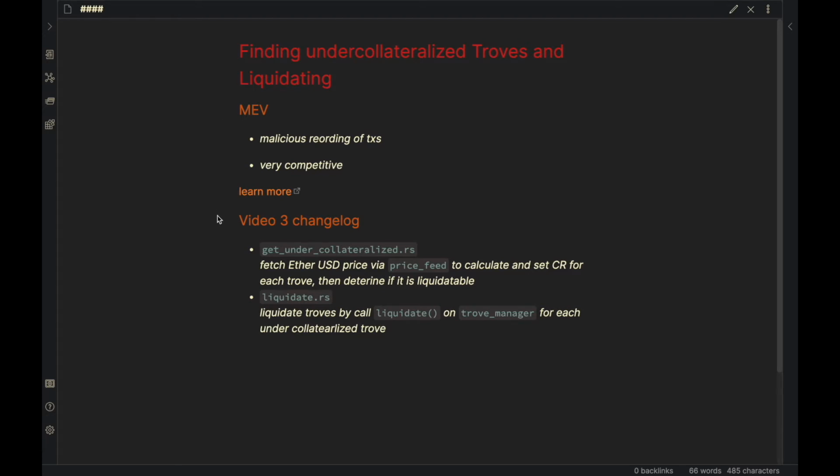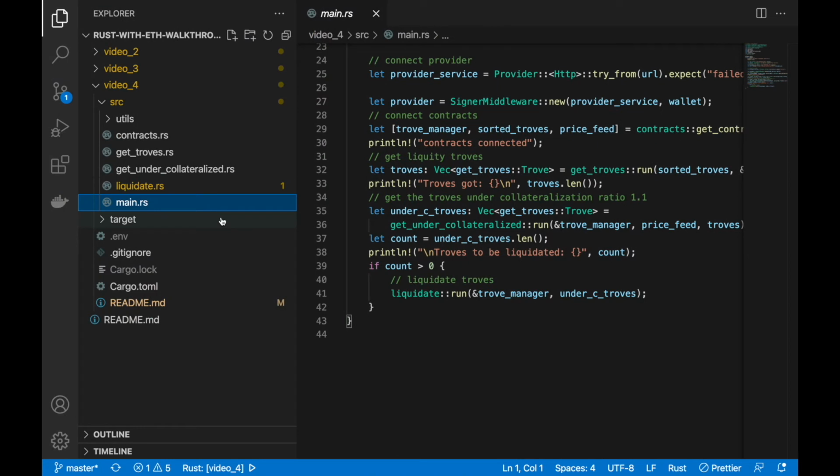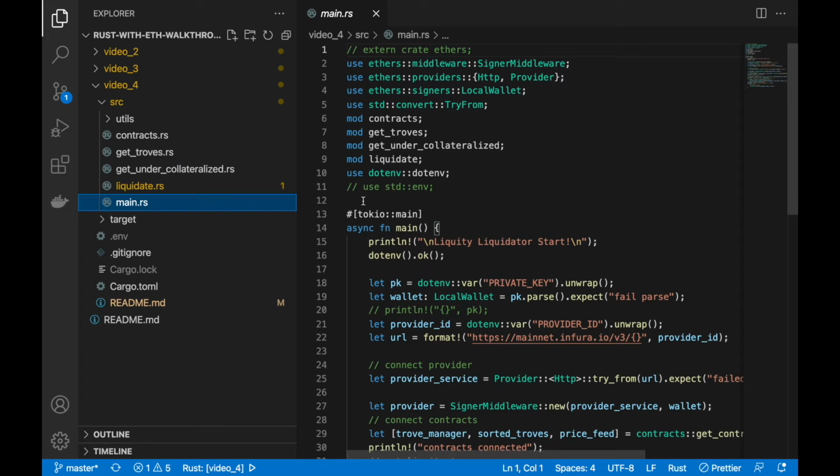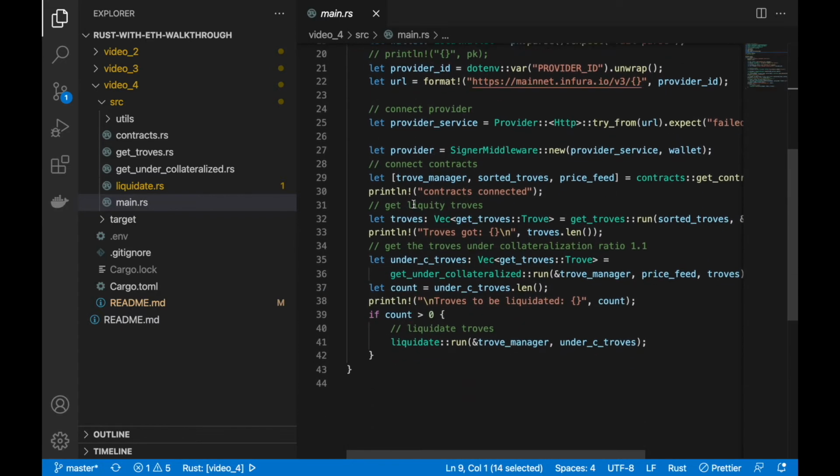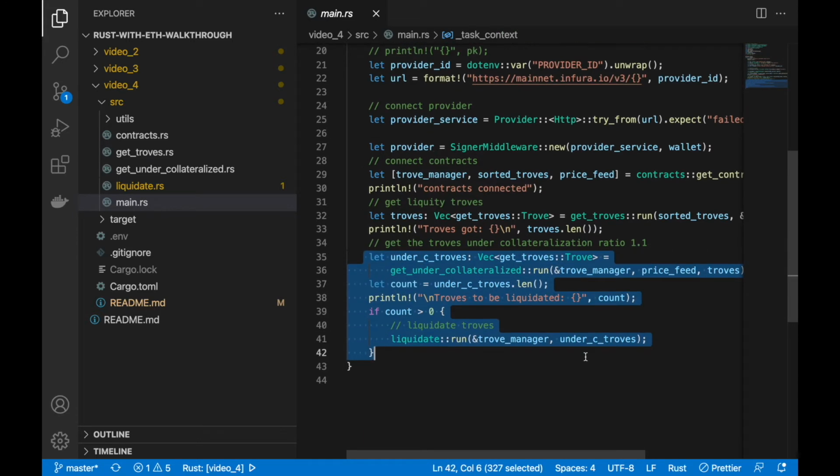Now let's get into the code and the video 3 changelog, where we are adding the get_undercollateralized.rs file and the liquidate.rs file. To start, we have the main.rs file, and this is where the preliminary changes are. We're bringing in the get_undercollateralized and liquidate modules, and all of that logic is being executed here. From a high level, what all of this is doing